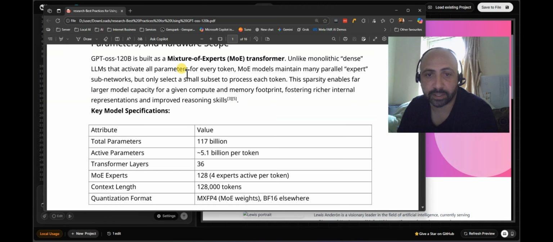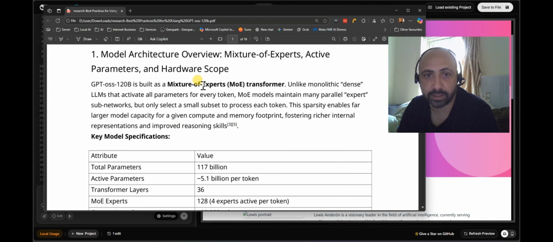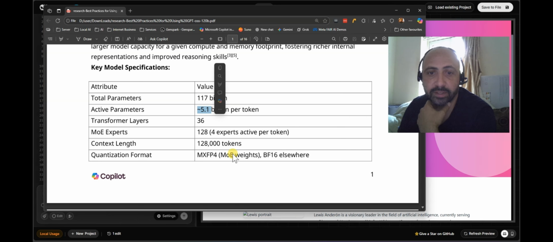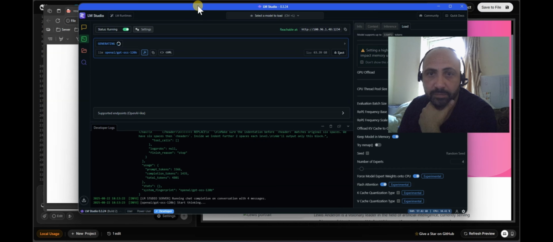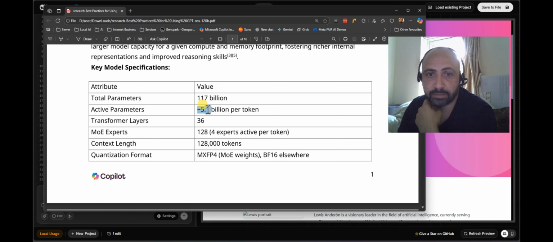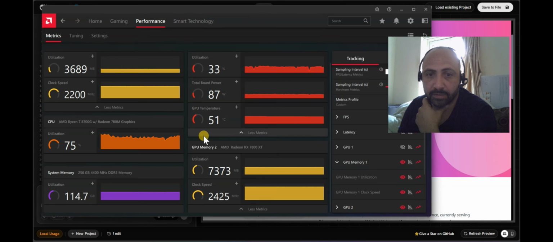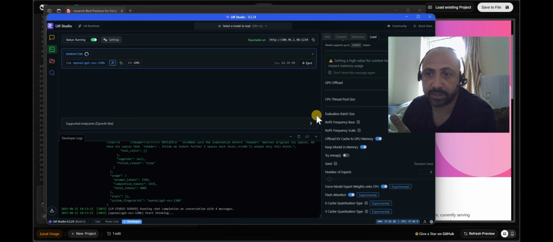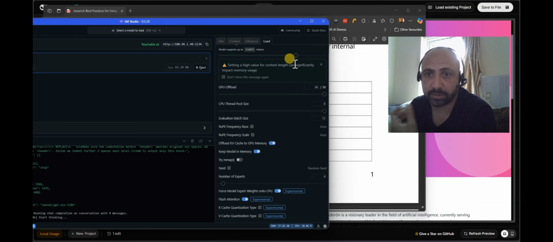So it's got some details. I won't bore you with too much, but what we're looking for is this: active parameters. So when you're looking at that setting, just look for active parameters, and that's pretty much how much VRAM it's going to take when you have this setting enabled. So mine's about 5 gig, just over,